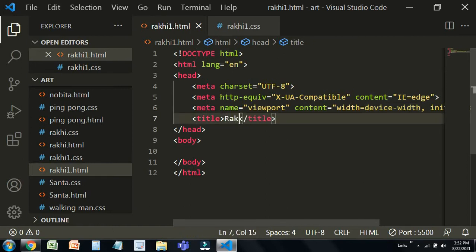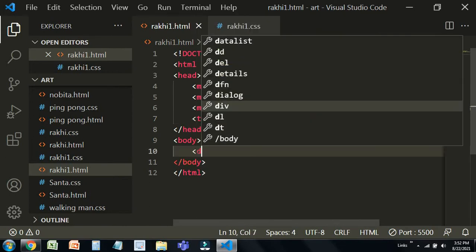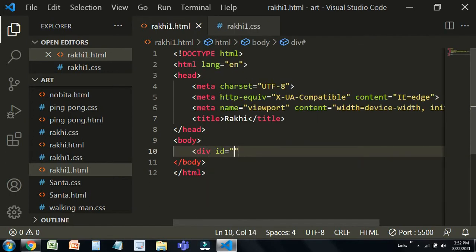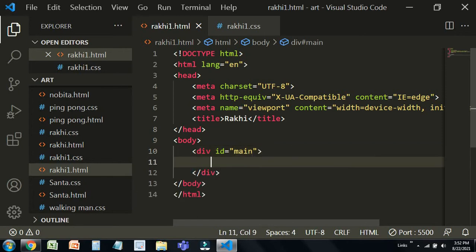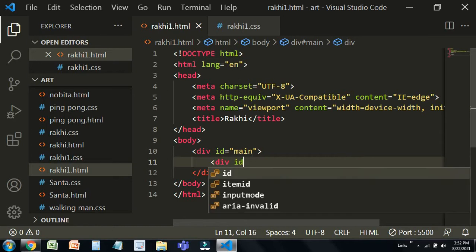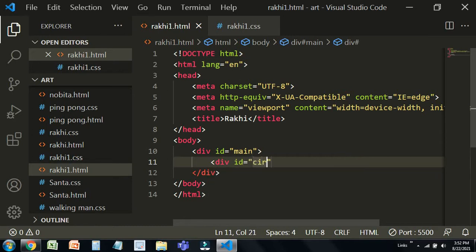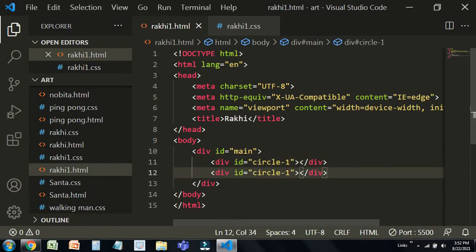Here I'm giving it Rakhi, and then I'm giving one div with the id main. Inside this main div I'm going to be giving circle 1. I'm going to copy this again 3 times.